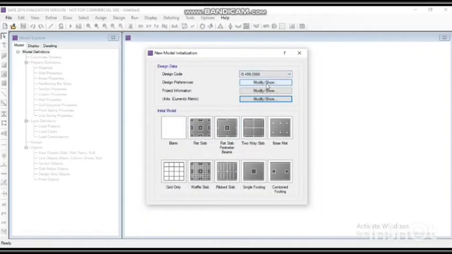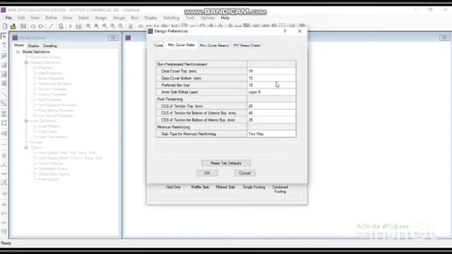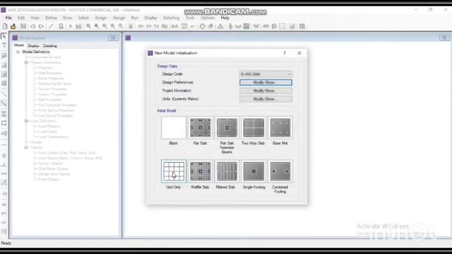Now to change the cover, go to the design preference and make the minimum cover for top and bottom 50 mm, and preferred bar size as 22 mm, then click on OK. Select grid only option.